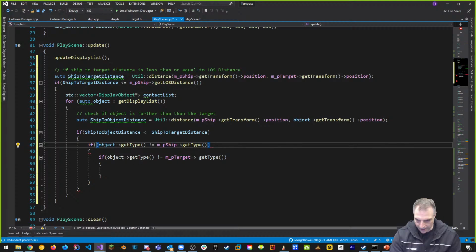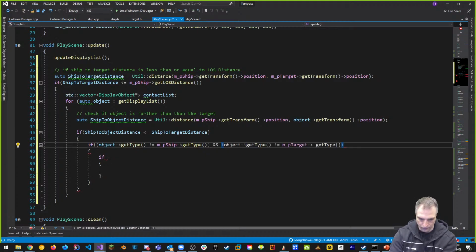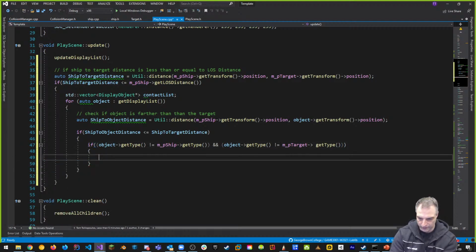I want to surround these with brackets, and I want to say if this is true and this is true, right? That's true and that's true. Then we don't care about this. We only care about if any one of these things is true. It can't be the ship and it can't be the target. If it's the ship or the target, skip. All right, and we want to say contact list dot push back